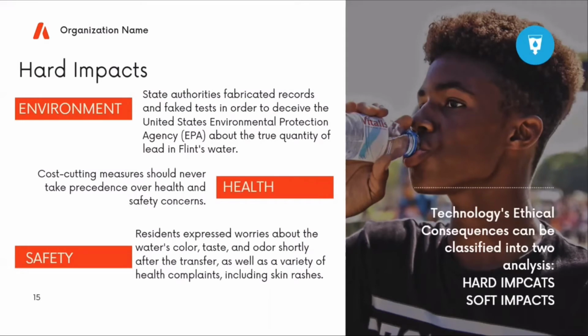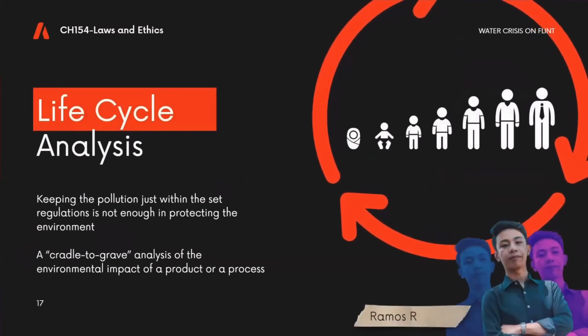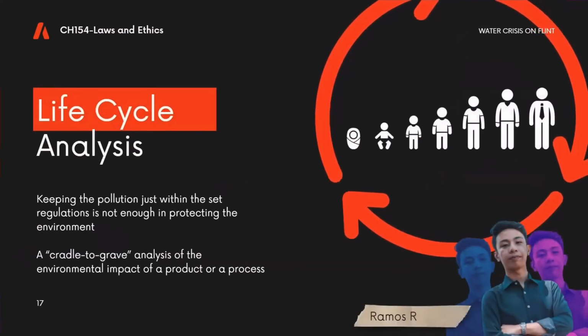Now let us hear Mr. Ramos for other tools used in identifying such ethical issues. One tool that could be used to analyze ethical issues, particularly environmental issues, is life cycle analysis. This is further discussed in Chapter 7 in the book Engineering Ethics, Concepts and Cases, 6th edition by Harris et al. So according to the life cycle analysis,